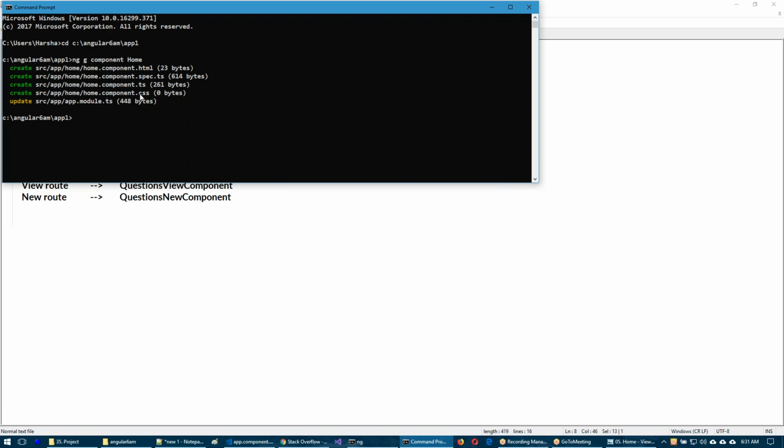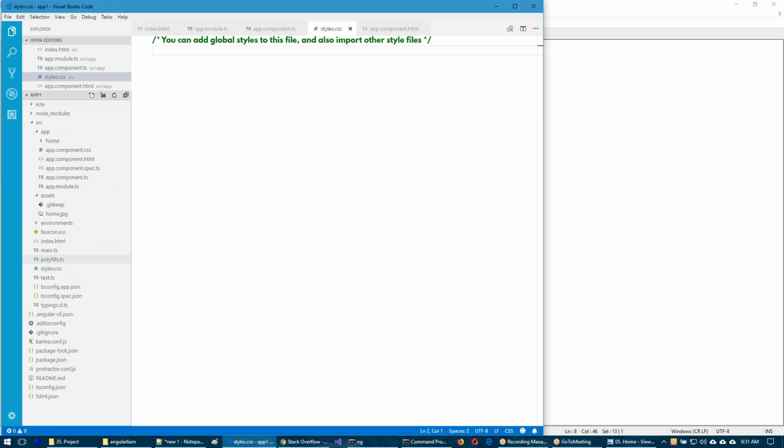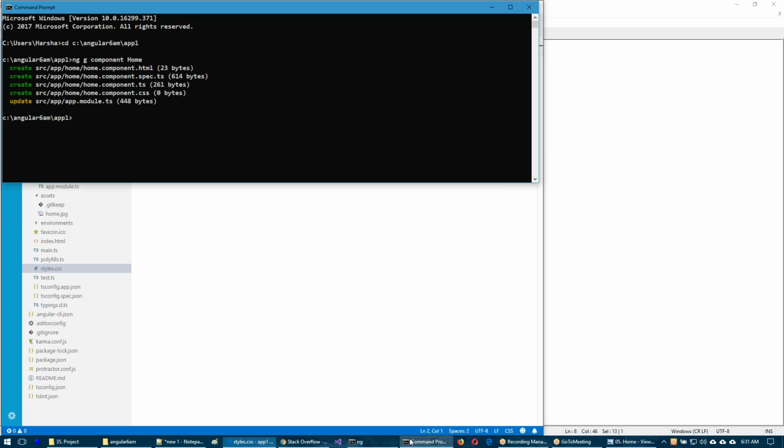So that should be in the home.component.css. If the CSS styles are related to the entire application, that application related CSS you can place in the styles.css, which is present here. In case it is related to the particular component, then we have to go to the relevant component's related CSS file. Okay, so these are the things.